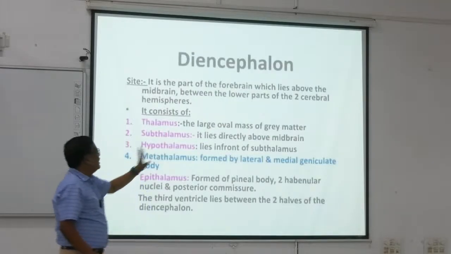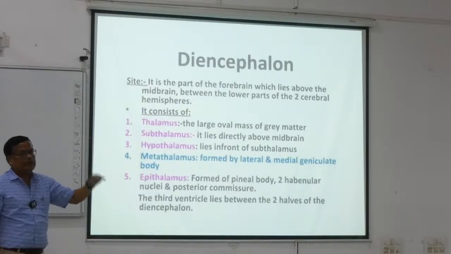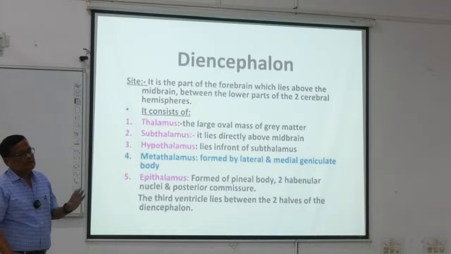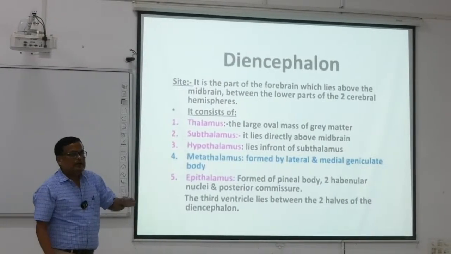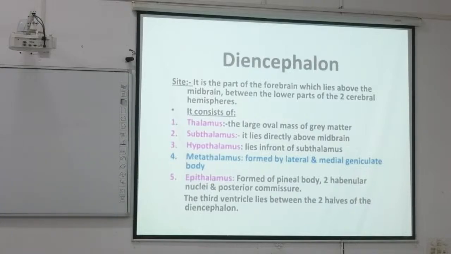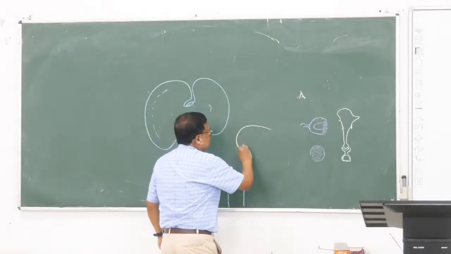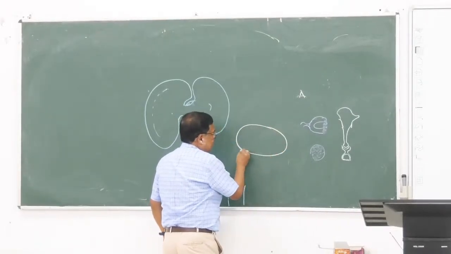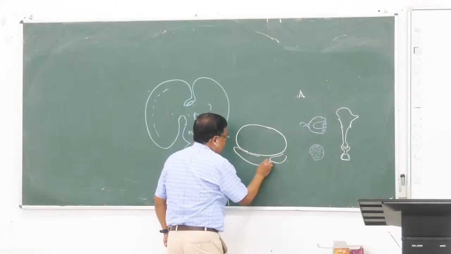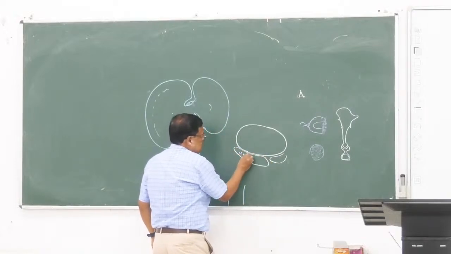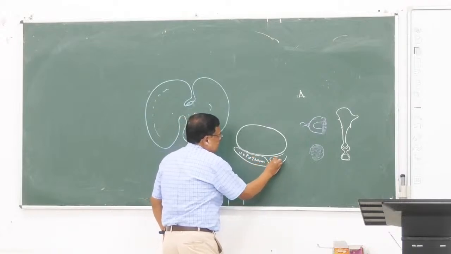Thalamus, the large oval mass of gray matter. Subthalamus, it lies directly above the midbrain, below the thalamus. Hypothalamus lies just below the thalamus, in front of the subthalamus. এইটা যদি থ্যালামাস হয়, এইটা হচ্ছে সাবথ্যালামাস, এইটা হচ্ছে হাইপোথ্যালামাস, এটা হচ্ছে সাবথ্যালামাস,